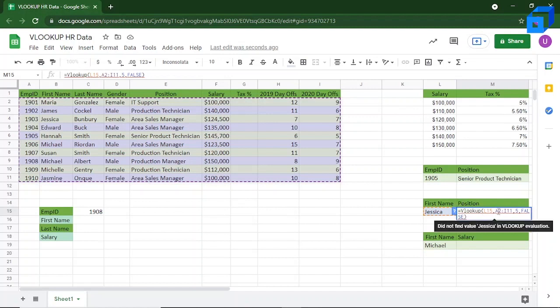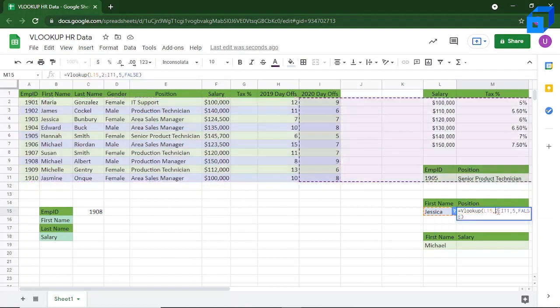So let's change that to B2 now, because that is the column which we've selected. And now the position changes to 4, because from B column, the position has the index value of 4. So that's 1, 2, 3, 4.